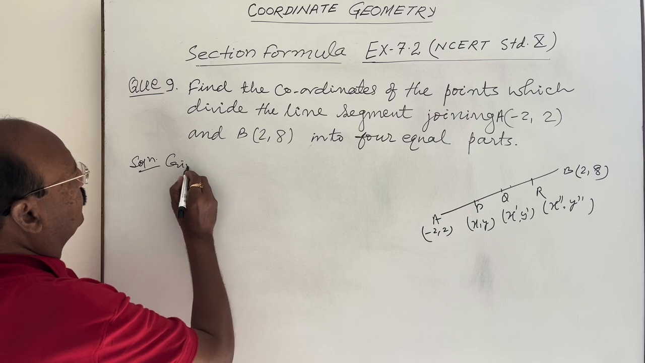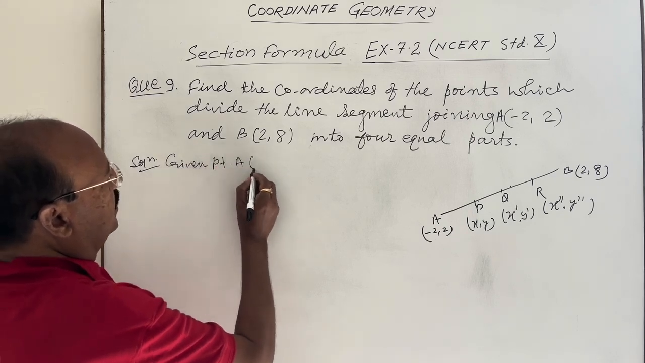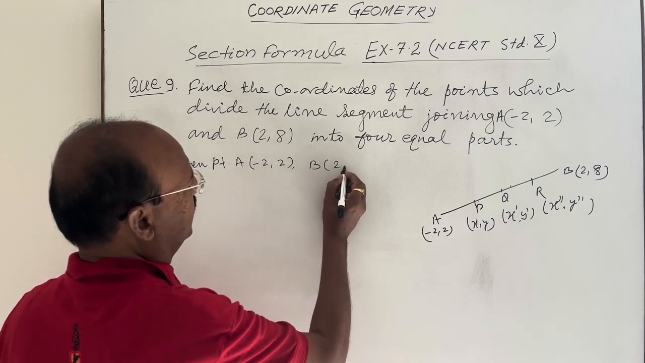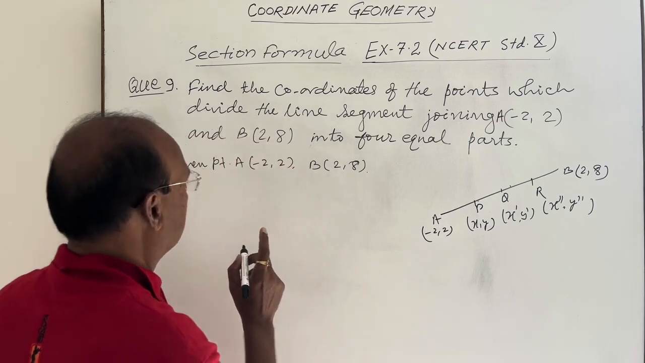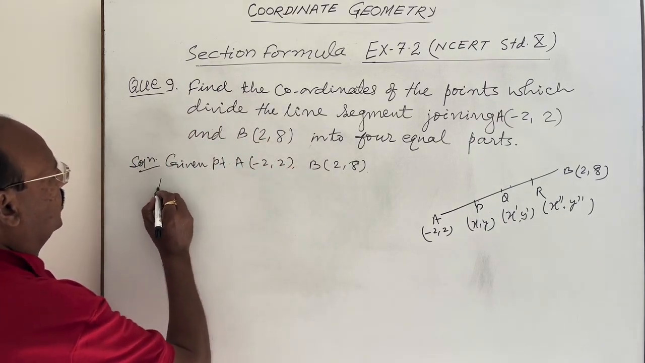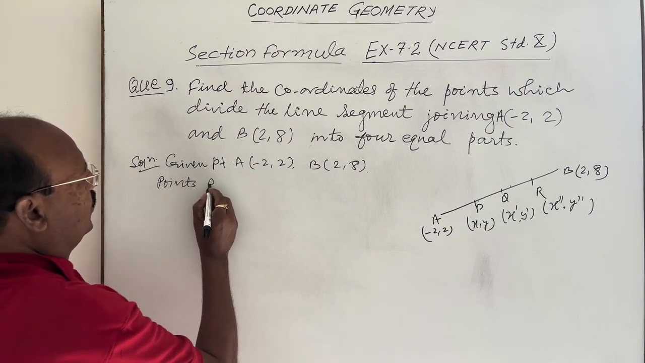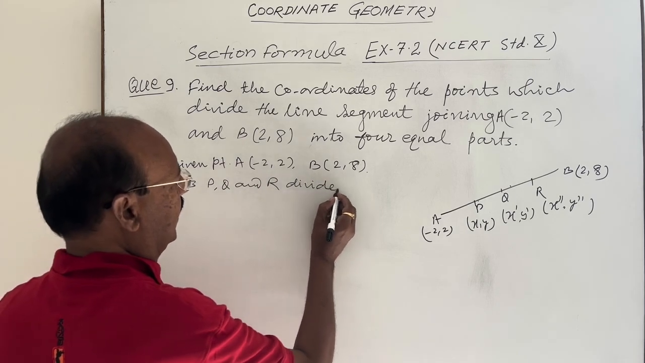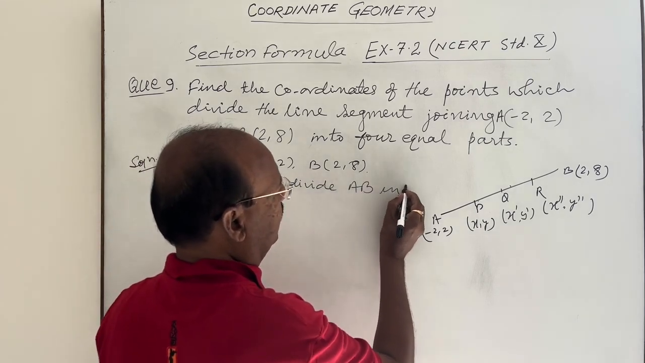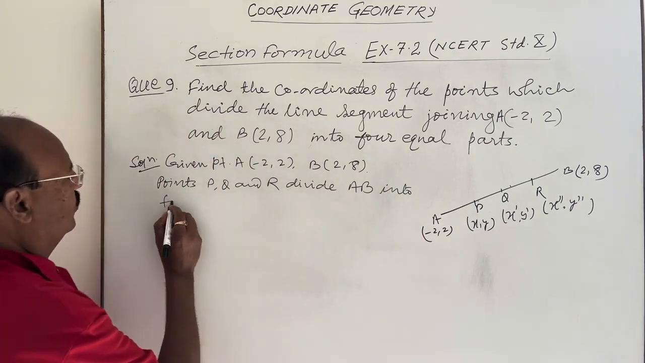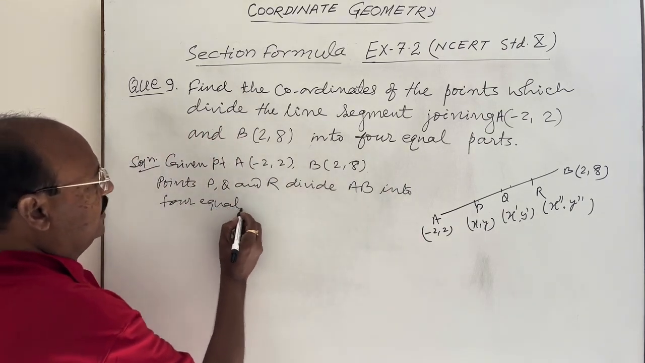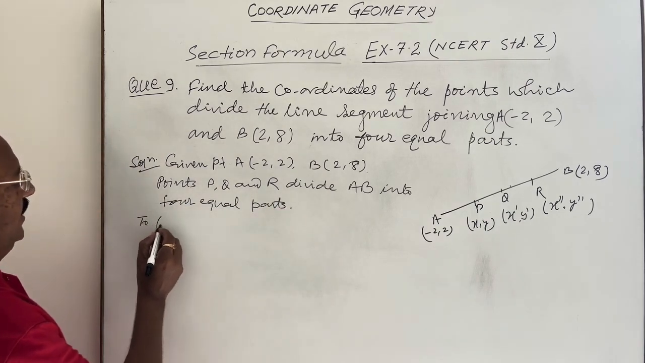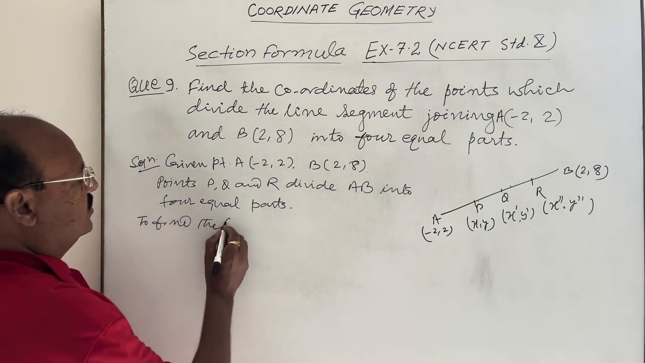Here, what is given? Point A has coordinates -2, 2, point B has coordinates 2, 8. Secondly, it is given that points P, Q and R divide line segment AB into 4 equal parts. Clear? This much is given in the question. And here we have to find the coordinates of